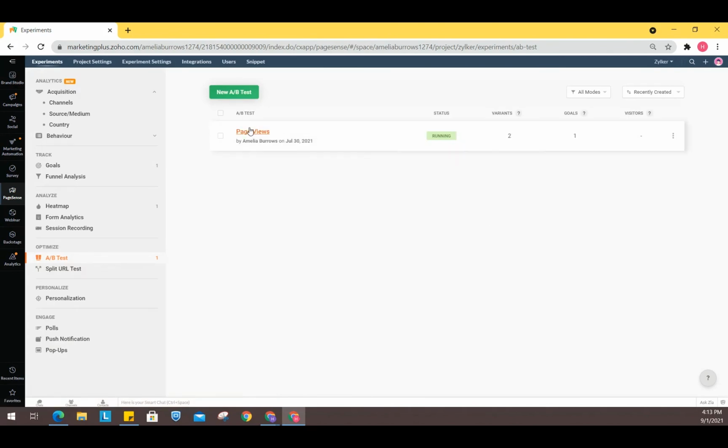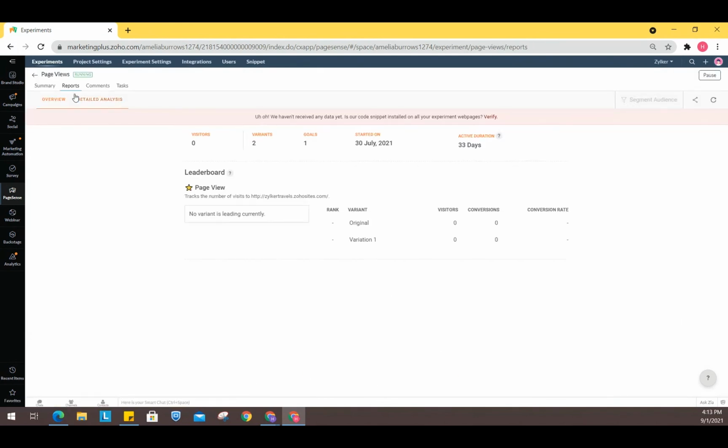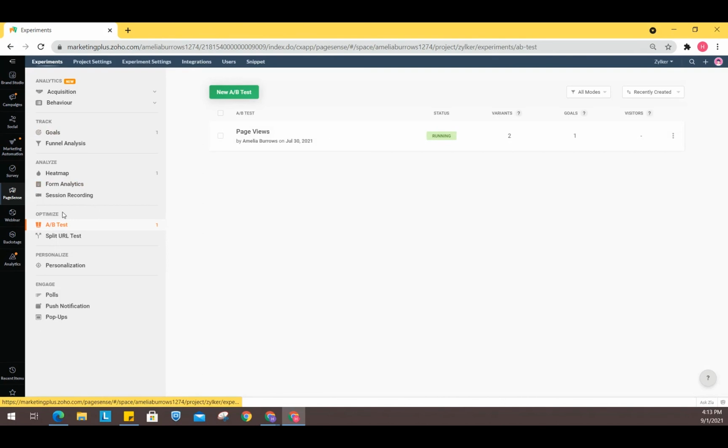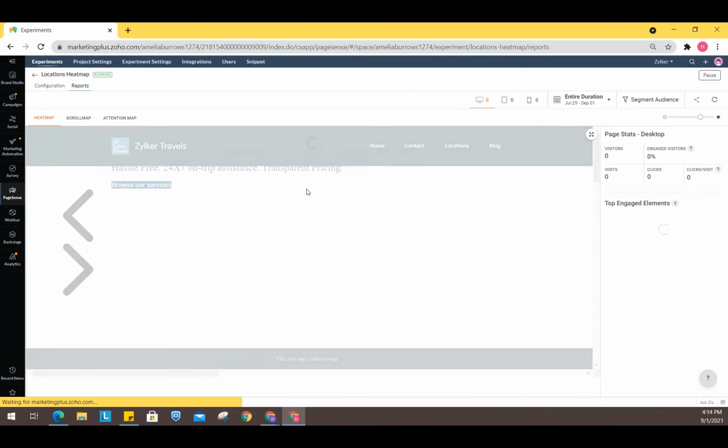And you can see, I'll just open that one up. We can see the summary. And we also have heat maps, which are a visual representation of how the visitors are interacting with each element on your website. This shows which sections get more clicks and hold your visitors' attention.